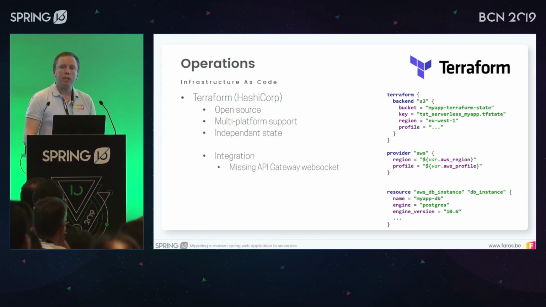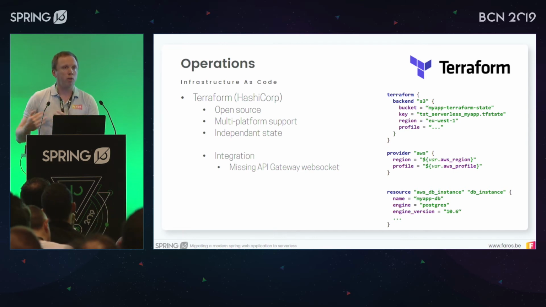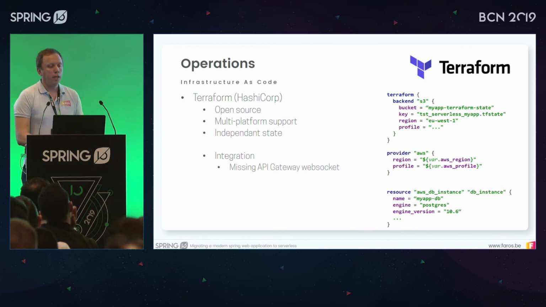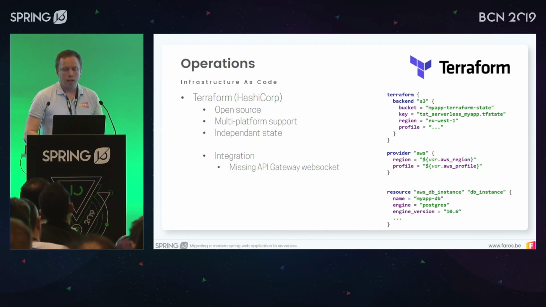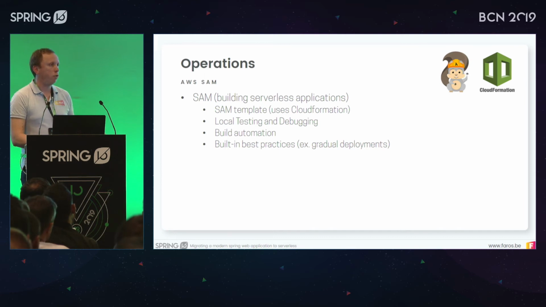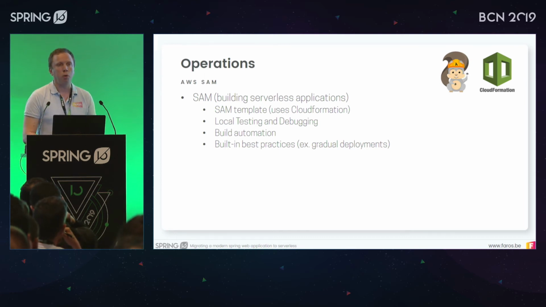Now, one problem we encountered was that at a certain moment we started to implement the WebSocket support, so we had to use the API Gateway for that, and that was not yet supported in Terraform at the time. That's because Terraform needs to keep up to speed with all the platforms and the new functionalities that come out there, and it can run behind a little bit. So that's one of the problems that we discovered with Terraform. One solution could be to have one Terraform file for most of the things, and then just one CloudFormation template for that. But that doesn't really feel right. And so later on, we switched to CloudFormation entirely for our infrastructure as code.